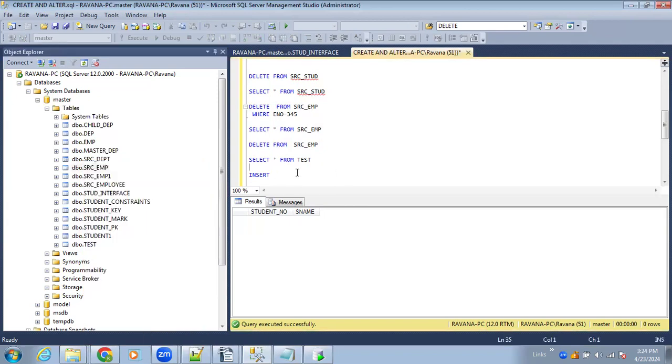Mostly we will not be running even DDL scripts. We will only be working on the DML scripts. DDL and DCL will be out of scope. I'm just letting you know how this works. Now the next statement is